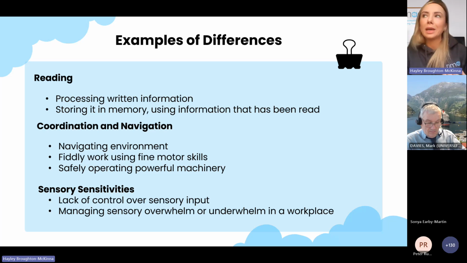Then also, safely navigating an environment. This might also present as what appears to be clumsiness and carelessness, and it's absolutely not. It's just a difference in the way that a brain is working that does impact coordination, spatial awareness, and again, just